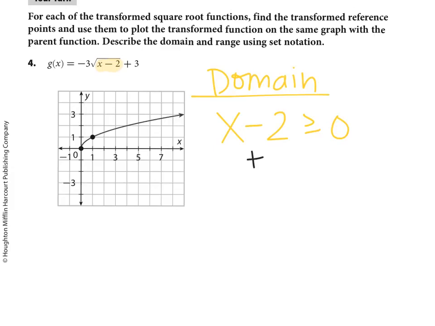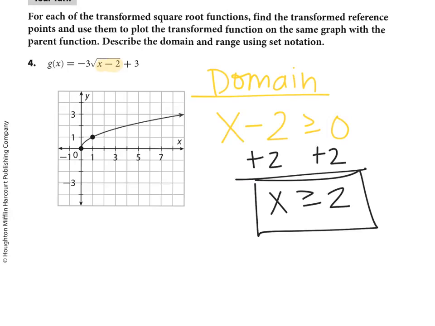Well, to solve, I add 2 to both sides, and I get x has to be greater than or equal to 2. So that is my domain. My domain is x's that are greater than or equal to 2. To find the range,